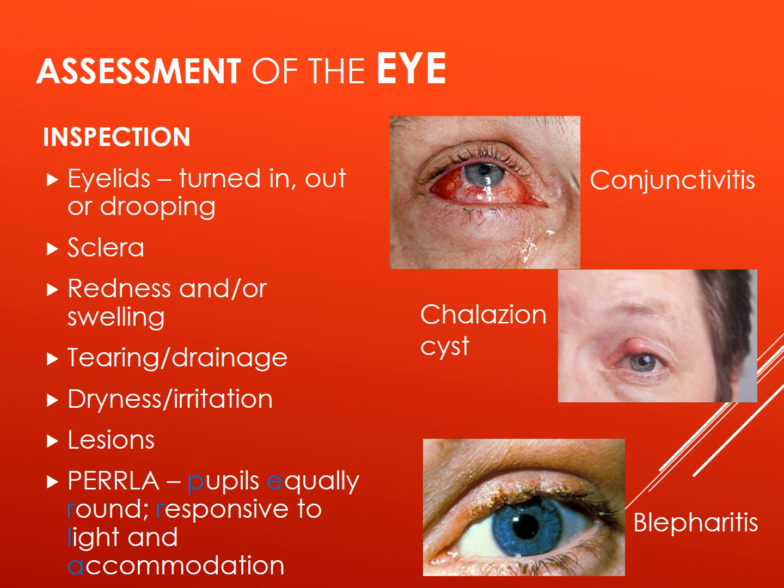When assessing the eye, note the condition of the eyelids, discoloration, tearing, lesions, unequal pupils, and lack of pupil response to light. Some unusual findings could include conjunctivitis, associated with an inflammation of the conjunctiva, and chalazion cysts, which are a lump in the eyelid, either the upper or lower, caused by obstruction of the drainage duct of an oil gland